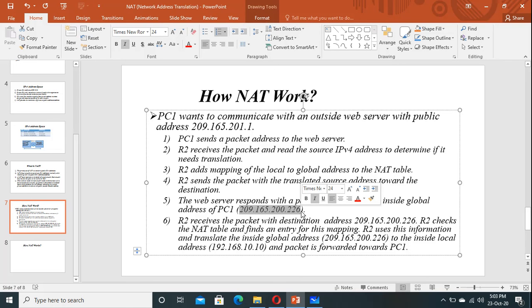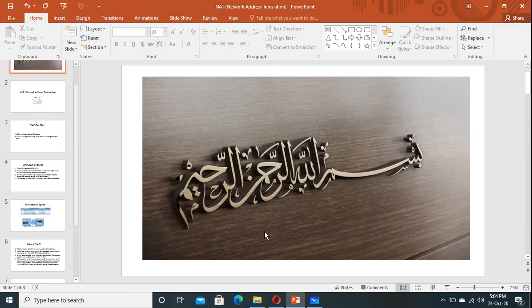So what we did, we translated our private address to a public domain. The PC address 192.168.10.10 is translated to this